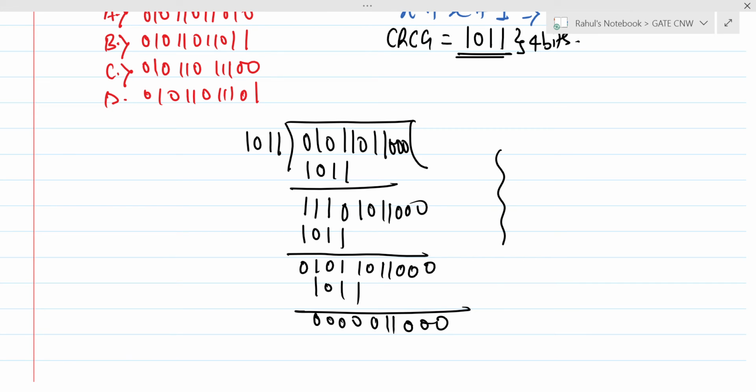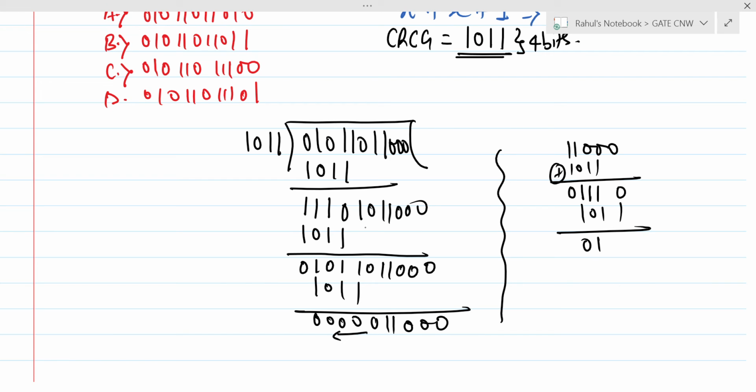So let me try to do here. What we are getting right now, all the left side zeros we can ignore, we can skip, they have no meaning in binary. So 1 1 0 0 0 as data and 1 0 1 1 as our CRC generator. Perform XOR operation between them. 1 1 is 0, 1 0 is 1, 0 1 is 1, 0 1 is 1 and 0, and then 1 0 1 1. So 1 1 is 0, 1 0 is 1, 1 1 is 0, 0 1 is 1. So you can see that the last 3 bits 1 0 1